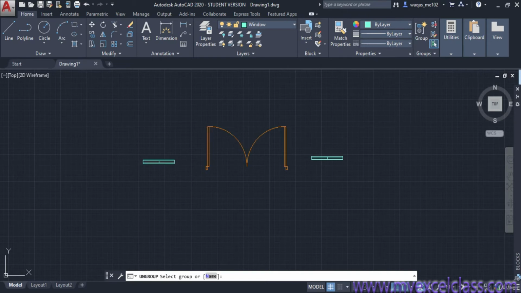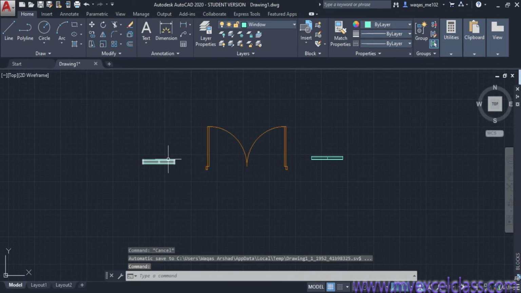Here is our group, and click enter. Now this has been ungrouped, means these are three different objects. So you can ungroup by using this option.